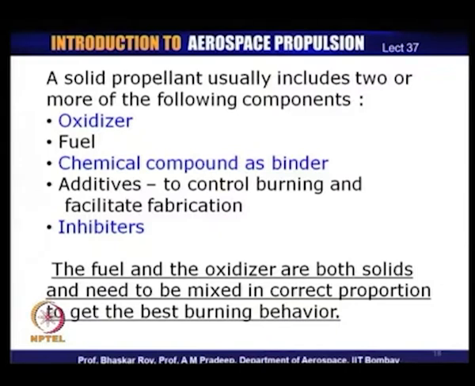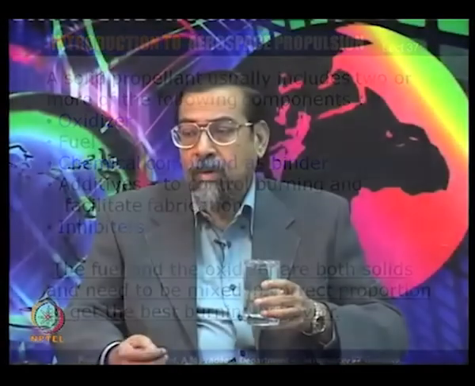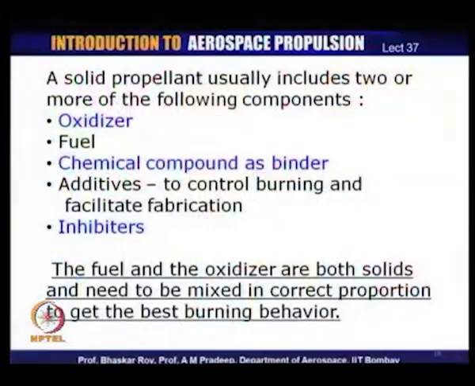As I mentioned, fabrication is a mechanical engineering issue, and some of it is quite a tricky issue really. Some additives are often used for rendering those shapes through the fabrication process, so some of them are for facilitating the fabrication, and some of them are for control of the burning. There are some components of the propellant which are inhibitors. They control, in a sense, the burning process.